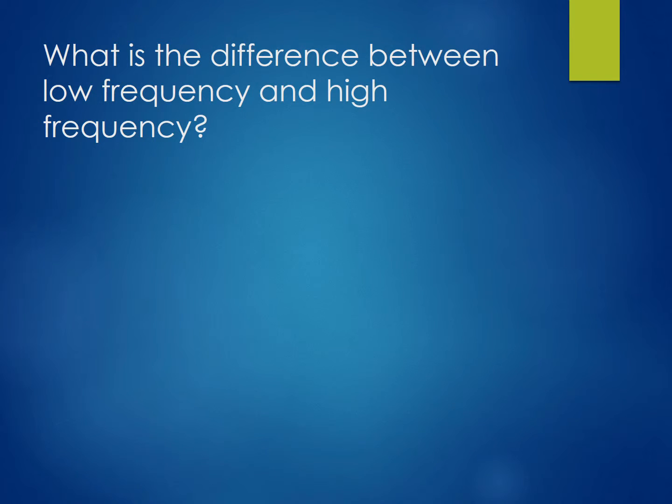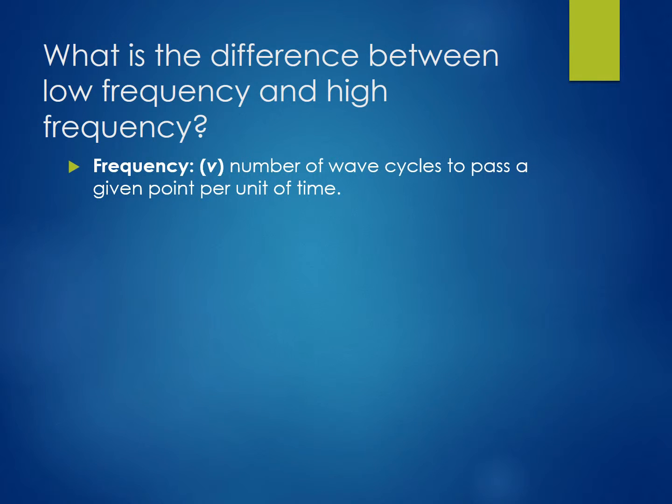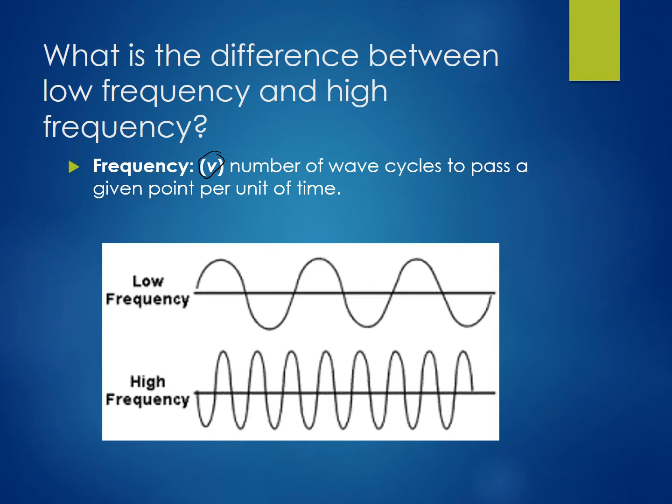There are many different types of waves, and they're characterized by either low frequency or high frequency. But before we talk about the difference, we should talk about what frequency is defined as. Frequency, which we represent as this italic v, is the number of wave cycles to pass a given point per unit of time. So if we had maybe 1 minute of time for each of these waves, a low frequency wave would have fewer wave cycles,